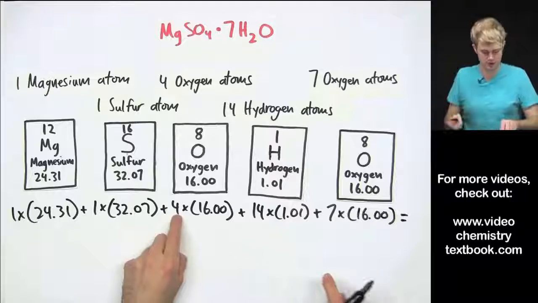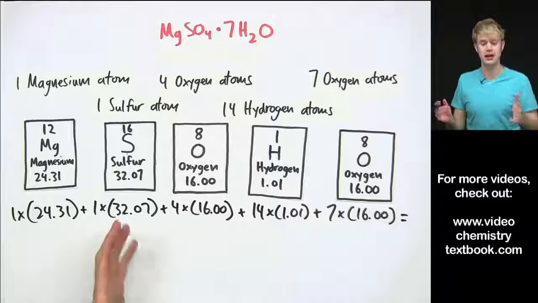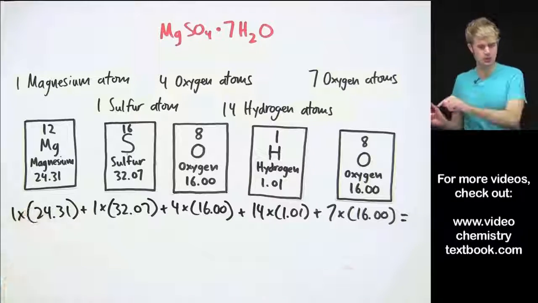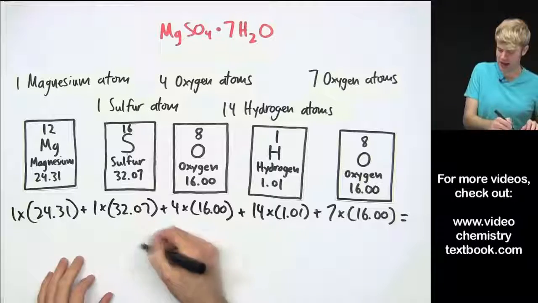And again, you could do the 4 plus 7, you could do the oxygens all together and do 16 times 11. But anyway, we do this math, multiplication, addition, add it all up, and we get